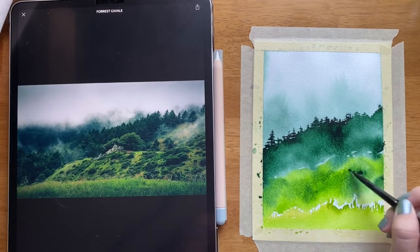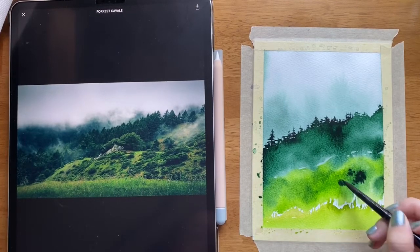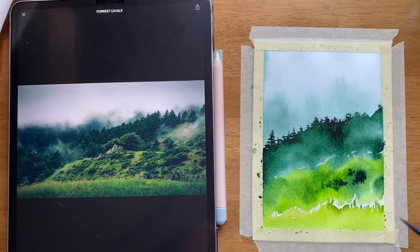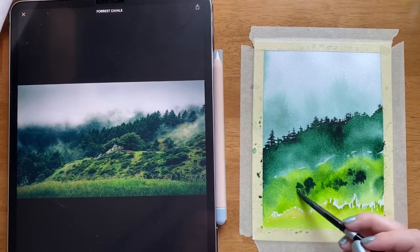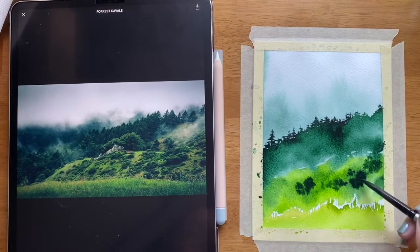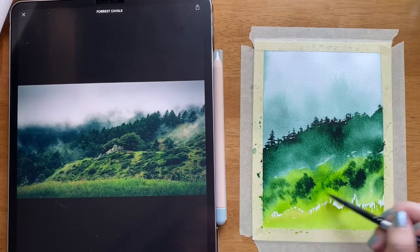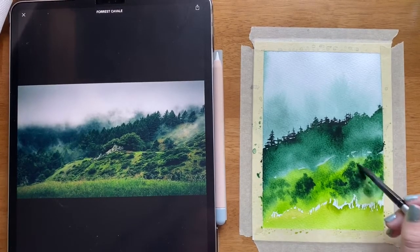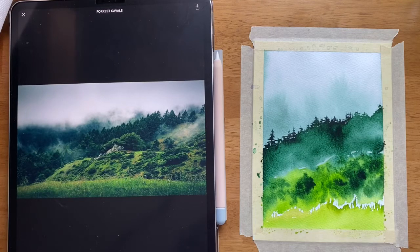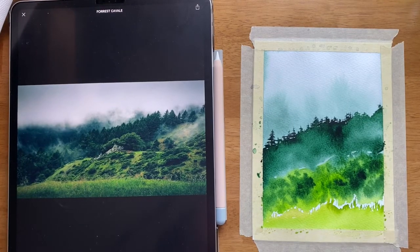And then if you want it to look not so wild and crazy, you can still use the wet on wet technique, but just less water. So I'm using some very dense pigment here, not very much water in my paint as I'm picking it up. And because there's not very much water in my paint, even though I'm painting on this wet surface, it's not really going anywhere. It's just kind of being fuzzy. It's kind of being blurry. And that is the kind of look that we're trying to achieve with adding these areas of dark shrubbery on this lighter hillside. And so just making sure there's not tons of water on your paintbrush and not tons of water in your paint